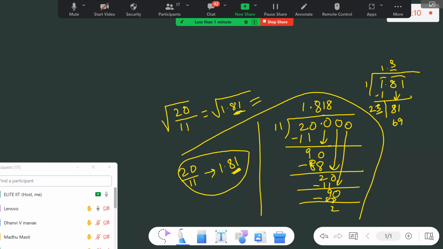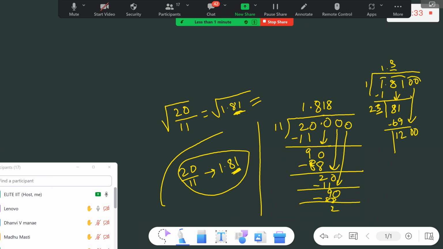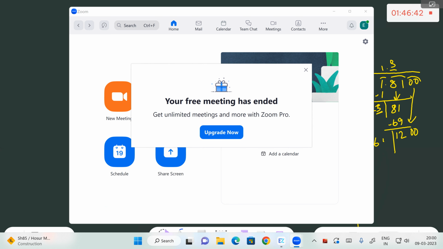See, 23 into 3 is 69, isn't it, Manvita? So it will be 12. Then you can continue by adding 2 zeros together and bringing down the entire 2 zeros, okay? Then 23 plus 3, we will get 26. Then it will be